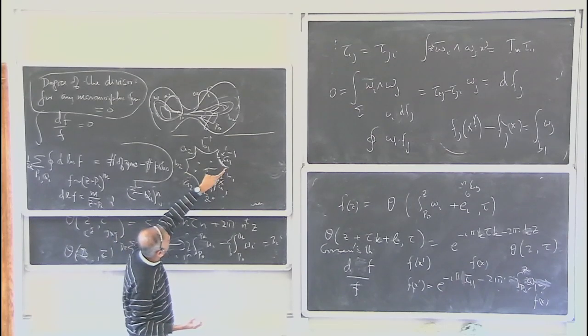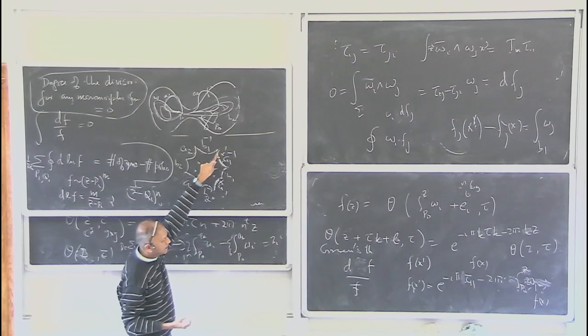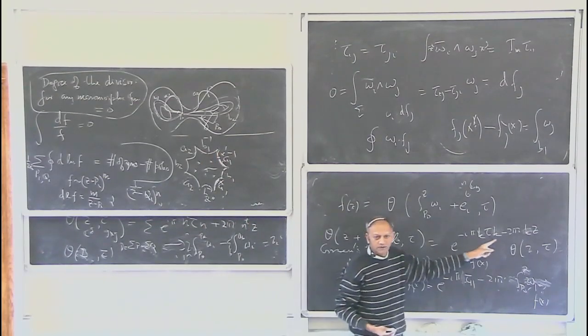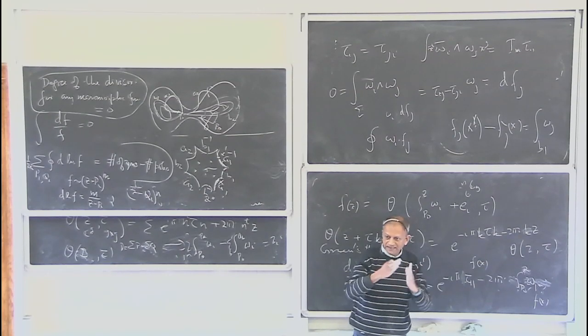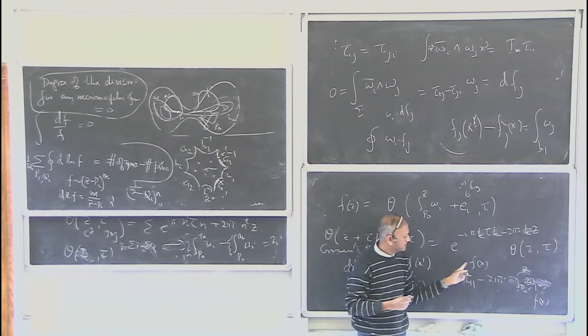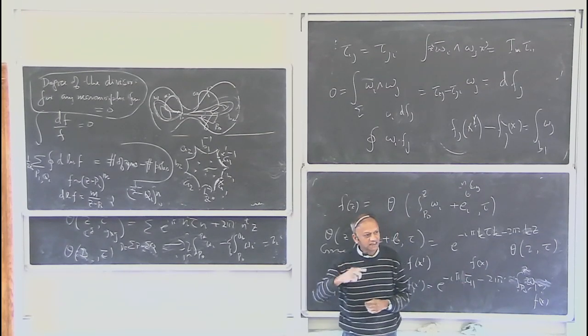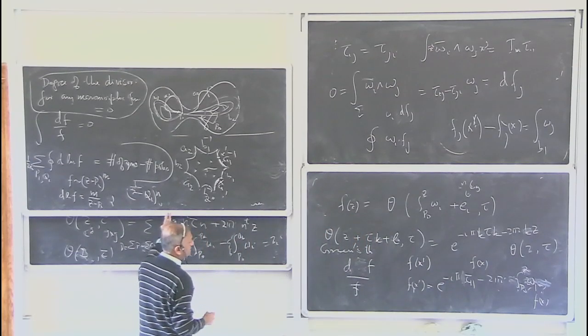Because in order to go from a point here to a corresponding point there, I needed to go around the A1 cycle. But around the A1 cycle there is no monodromy; the monodromy is trivial, right? So the B1 cycle integrals will exactly cancel, B1 and B1 inverse. But the A1 integrals will not cancel. There's a shift, and that shift simply gives a 1 for each I. Right? So you find that this integral